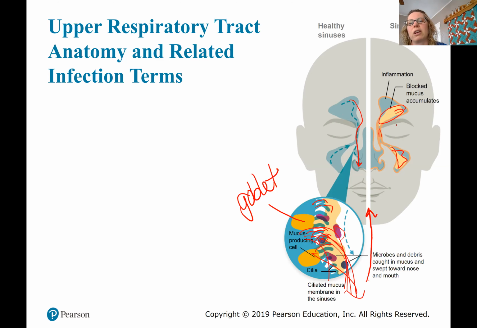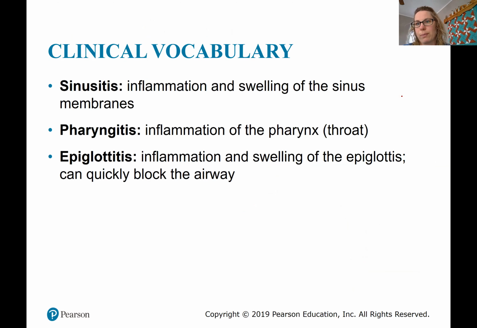That inflammation causes a lot of mucus buildup, and it causes a lot of pressure. Once that mucus builds up, it's a great breeding ground for bacteria, and so that can cause an infection. However, the sinuses can become inflamed because of